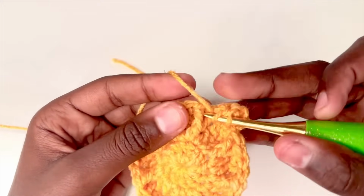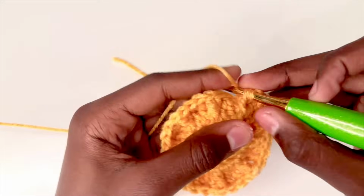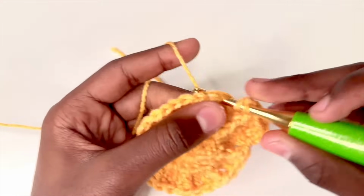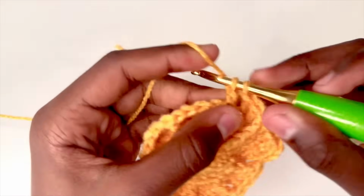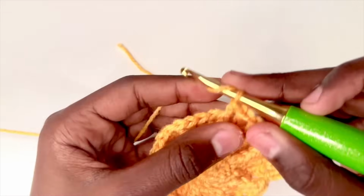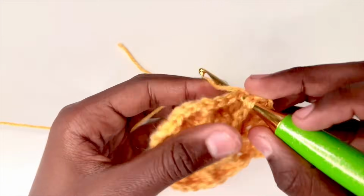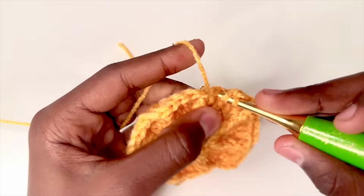And then in the next stitch, we have to work 2 front post double crochets, which we already know how to do. And then we have to put a double crochet in the next 3 stitches. And then work 2 front post double crochets into the next stitch, and then 1, 2, 3,